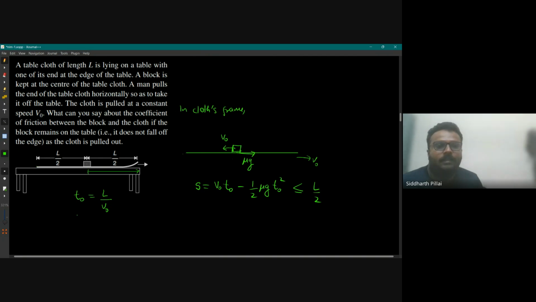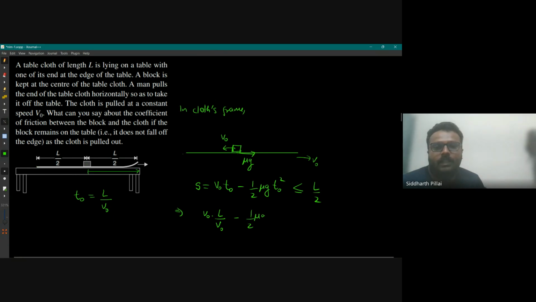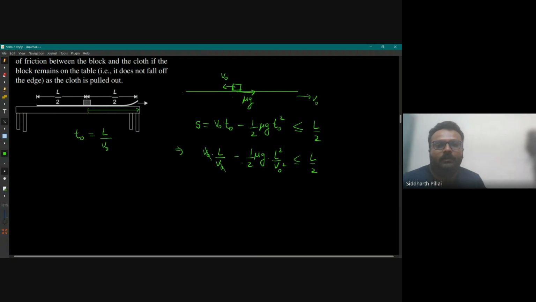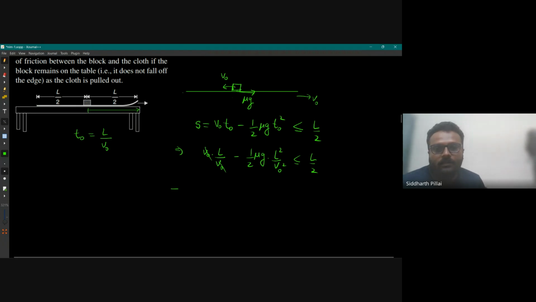Let's substitute what is T naught here. What will I get? V naught into L by V naught minus half mu G into L square by V naught square is less than equal to L by 2. So I can rearrange and write this distance should be less than L by 2, right? Correct. So this gives me